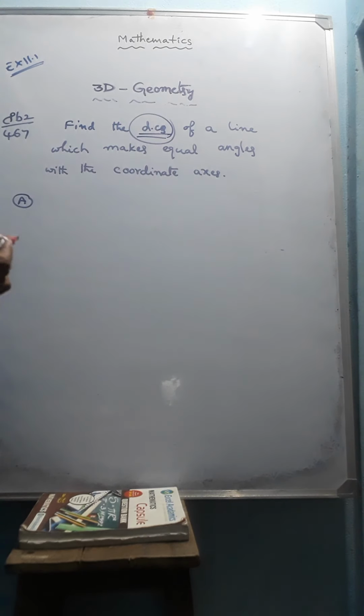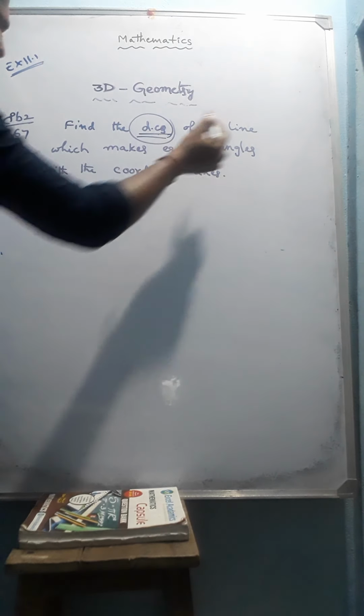This problem is also very important for a 1 mark question. One sentence is enough. Even if you write only the last step, they will give 1 mark. Definitely they will give textbook problems only. They never give a single problem from outside. Find the direction cosines. Here also he is asking for direction cosines.